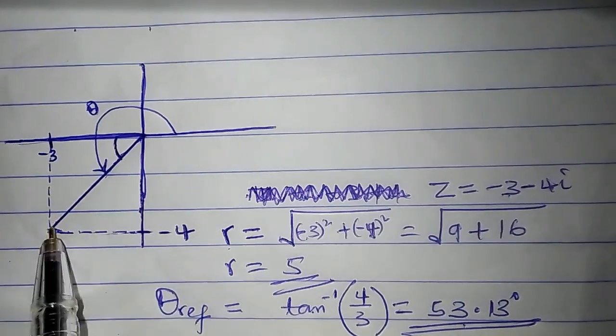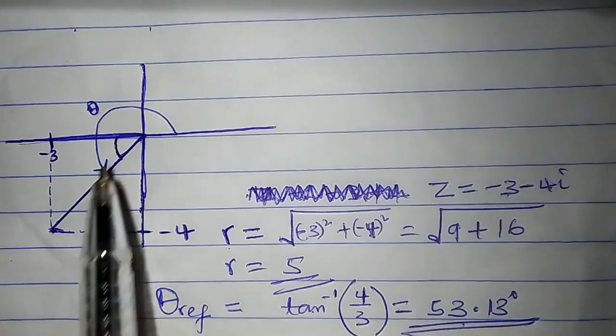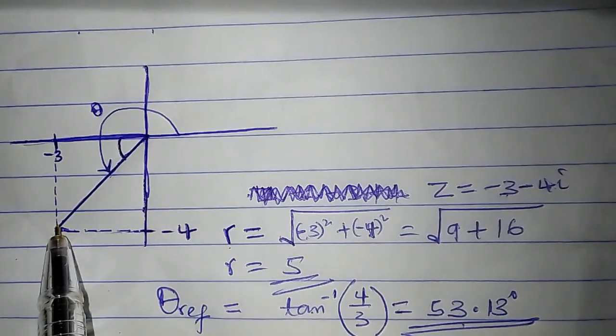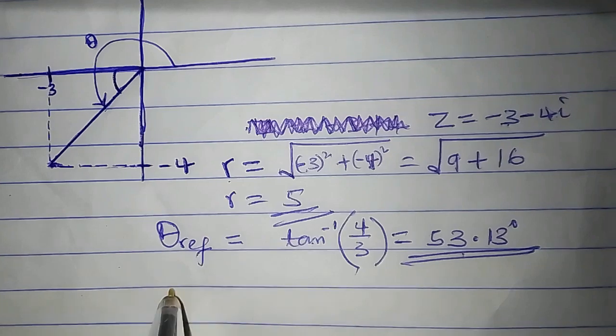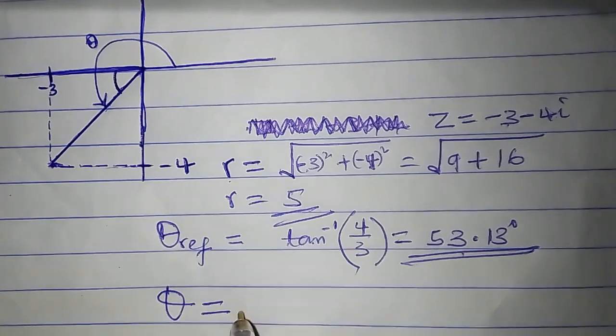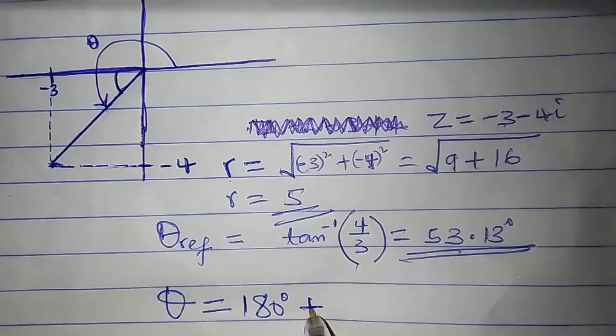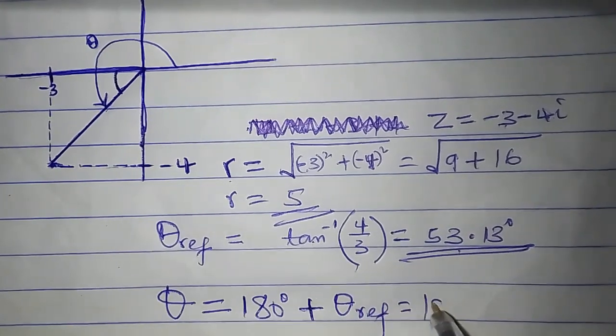But our vector here, the complex number minus 3 minus 4i, is in the third quadrant. To determine the angle in the third quadrant, we will add 180 degrees to the reference angle. In the second quadrant, what did we do? We subtracted the reference angle from 180. In the first quadrant, the reference angle is the same as the argument. Here in the third quadrant, we are adding the reference angle to 180 degrees to determine the argument. So the argument, theta, is equal to 180 degrees plus the reference angle, which is equal to 180 degrees plus